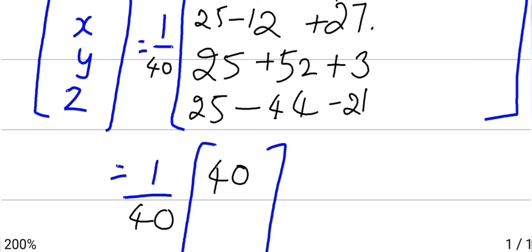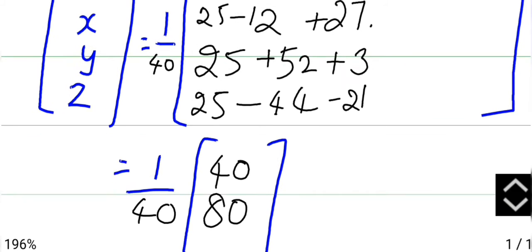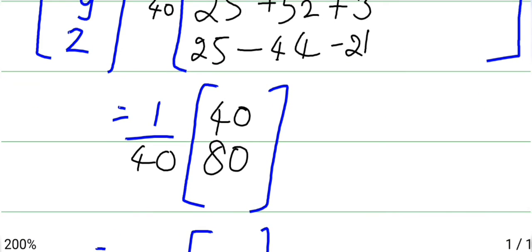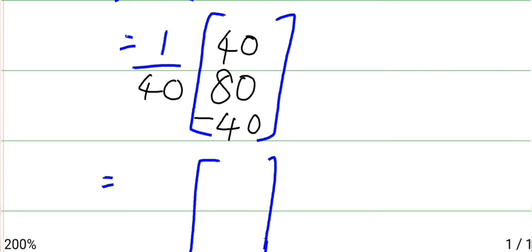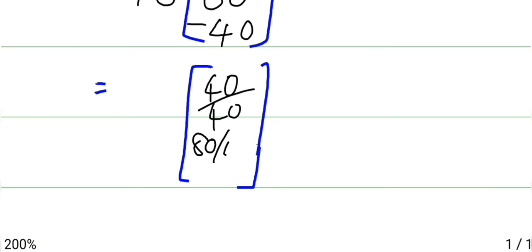Then 25 plus 50, 60, it is 50 plus 20 70, 70 plus 10 is 80, then 40 plus 20 is 60, 60 plus 4 plus 1 is 5, 60 plus 5 is 65, minus 25 is 40, minus 40, because the bigger number is a minus. Then divide it, we get 40 by 40, 80 by 40, and then 40 by minus 40 by 40.